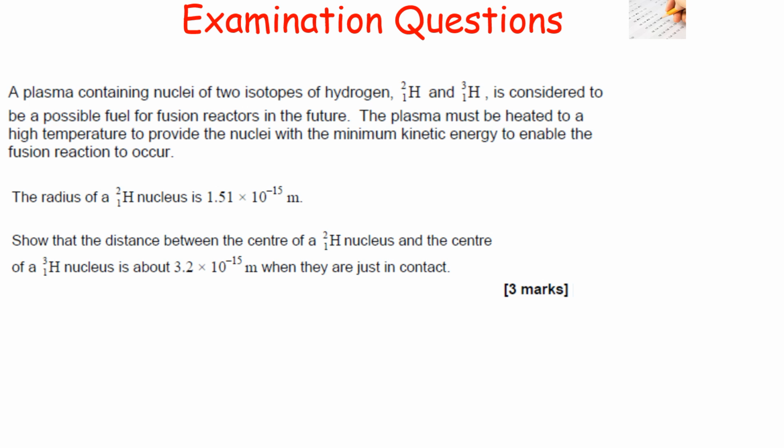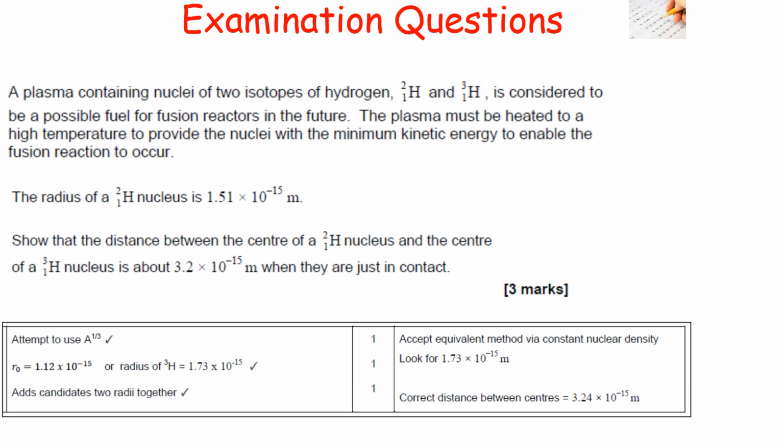Well, it's important to note that in these types of questions we need to look at how you work out nuclear radius. So we know our nuclear radius R is equal to R0 A to the power of a third. Now we know R0 is 1.12 times 10 to the minus 15. So what we can therefore do is use R equals R0 times A to the power of a third for the radius of